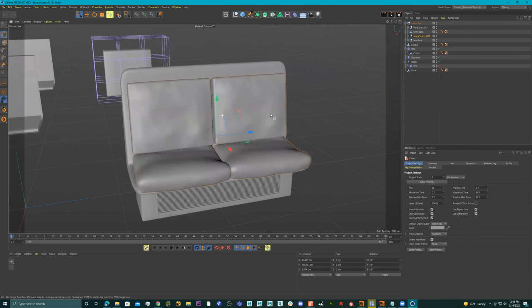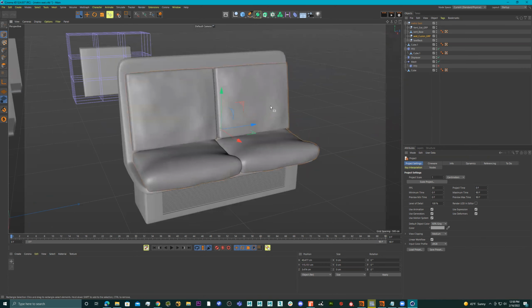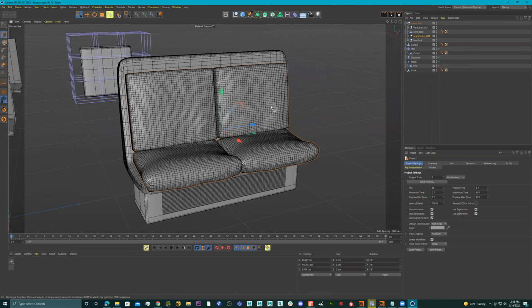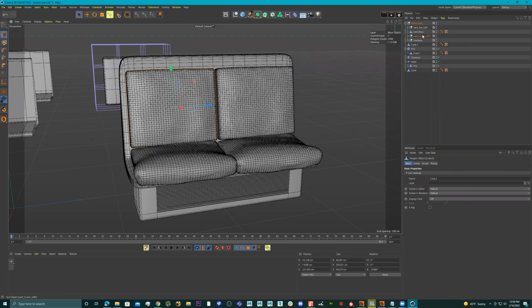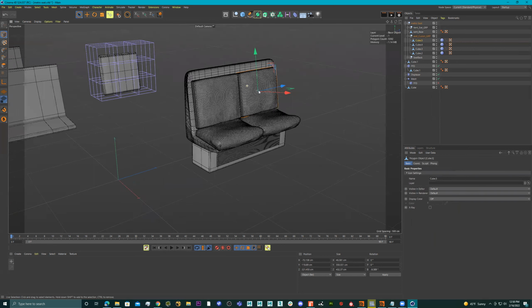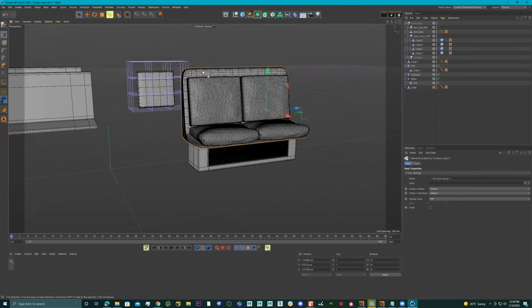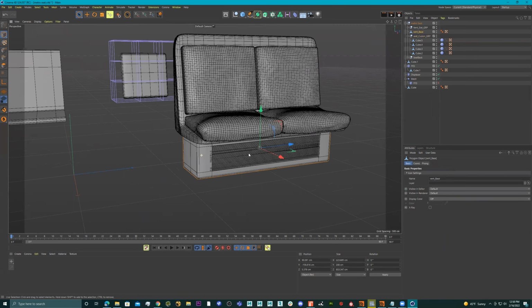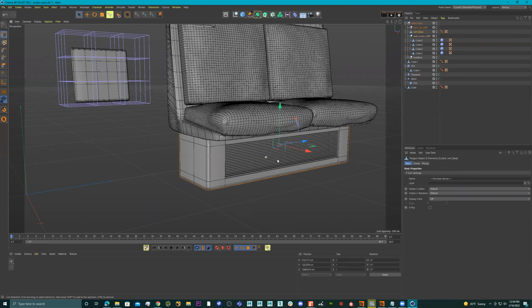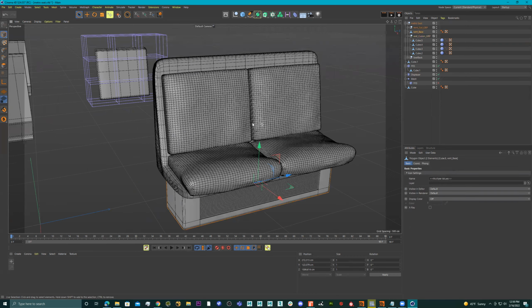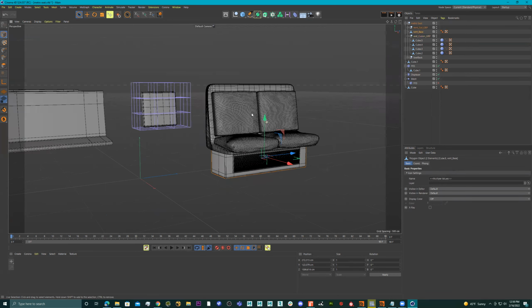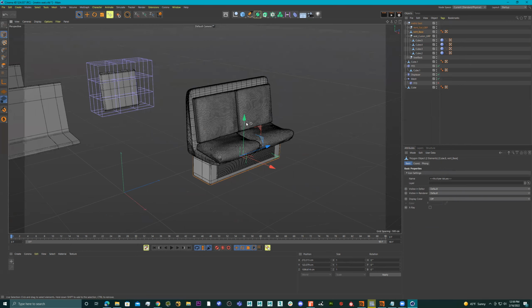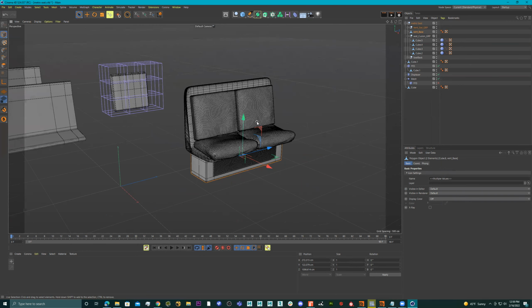All right, so I have my seat right here. Let me do an NB so I can see everything. Press 9, live selection. So we see this right here. Everything was grouped. So this, this, this, this. And then we have our seat right here, and then we have this block under here, and then we have our vents. And everything's labeled. So what I'm going to do is export this to Houdini for